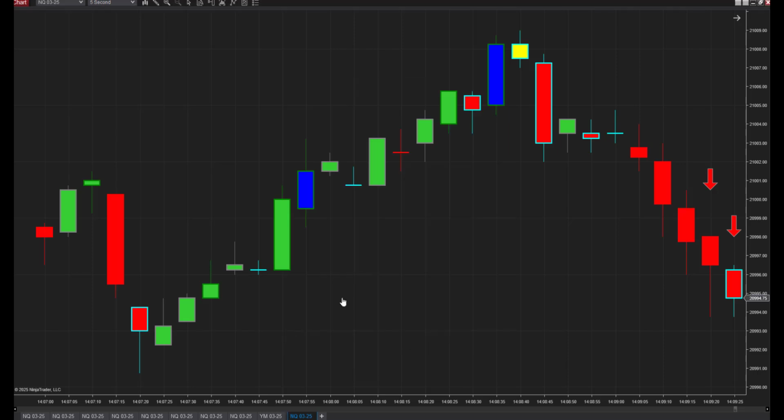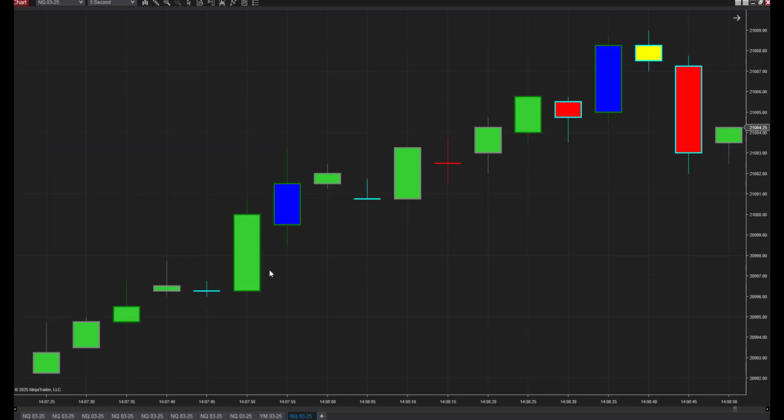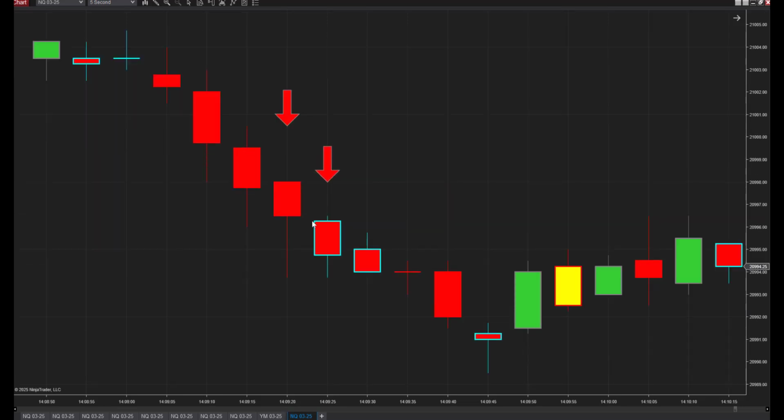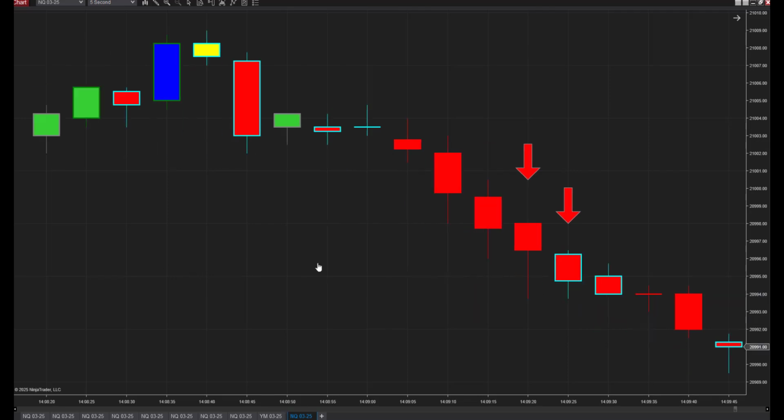There we go. So what you're going to see on the wicks is whatever color that you choose: a green, a gray, let's say an aqua color or whatever, and a red. See, there's a lot of red here, aqua color, gray, some red, gray, red, etc. And what that means basically